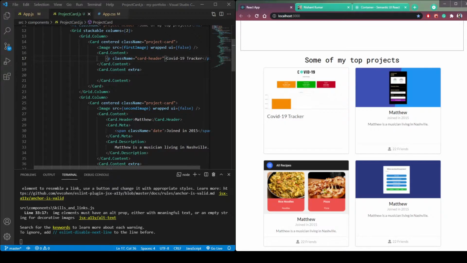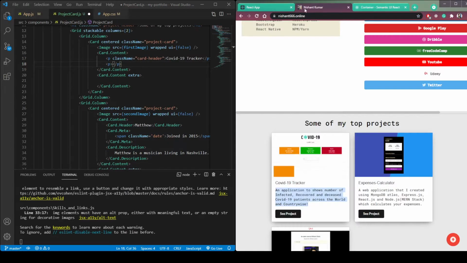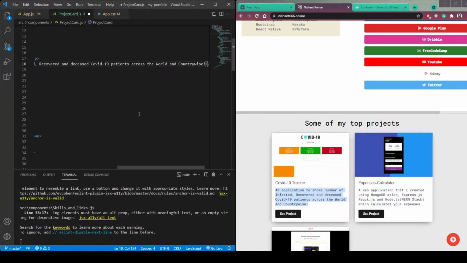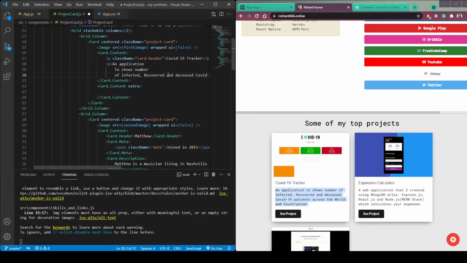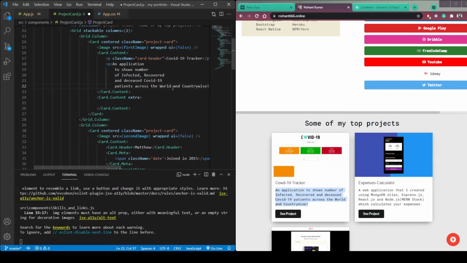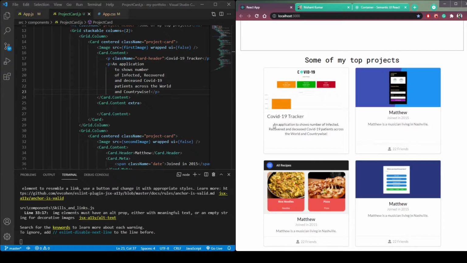Similarly, create one more p tag and paste this description here in this p tag. Let's break it. Save the file, and you will see this description is also here.